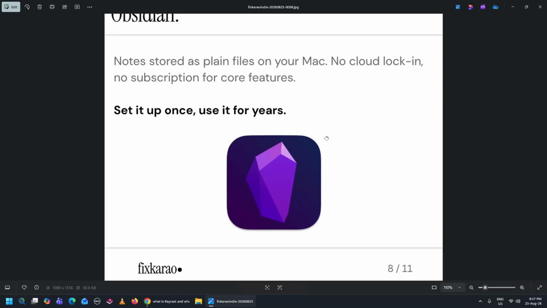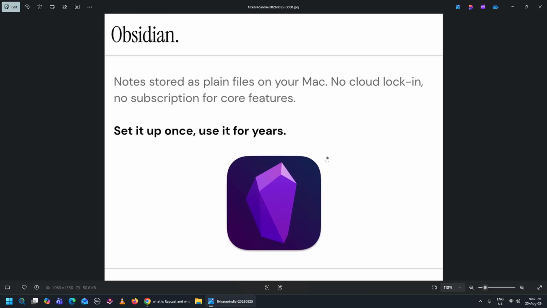Another one, and I've been hearing of this. This is Obsidian, and Obsidian is literally notes stored as plain files on your Mac. No cloud locking, no subscription for core features. You set it up once and then you use it for years. So Obsidian. I think if you are into note taking on any of the devices out there,